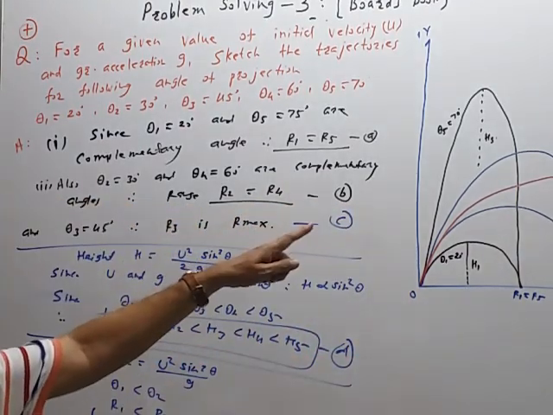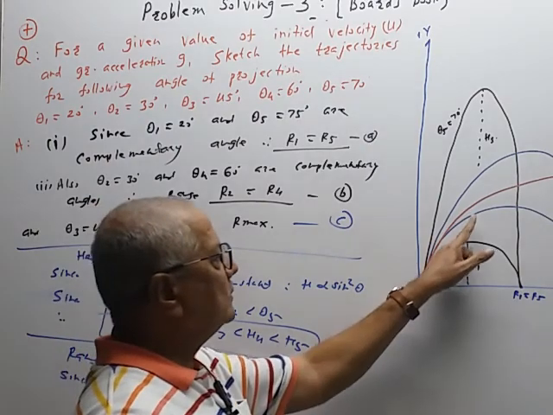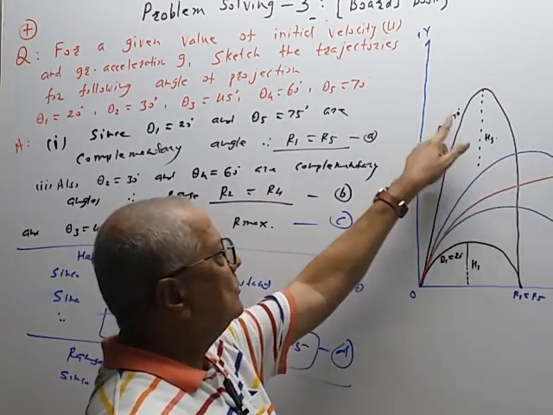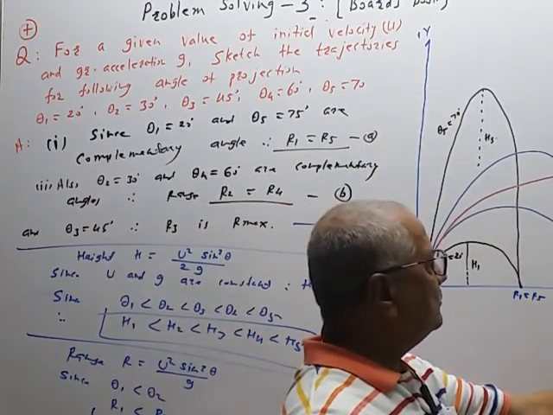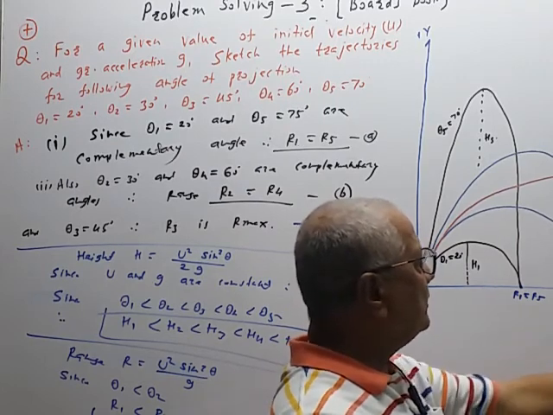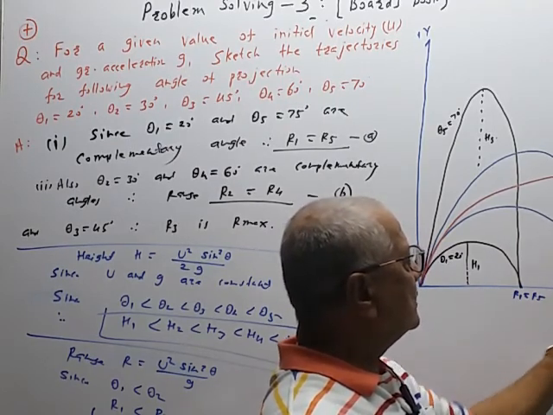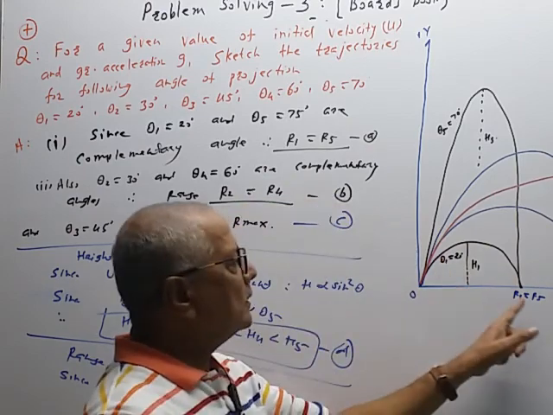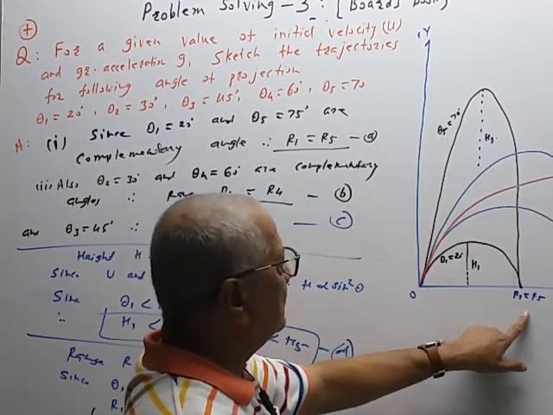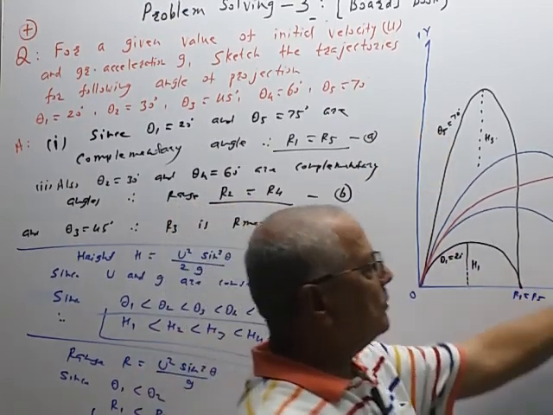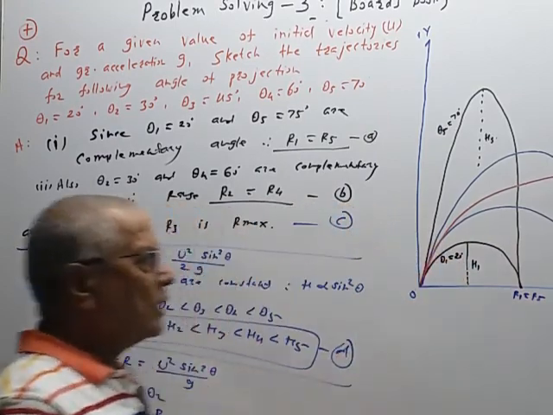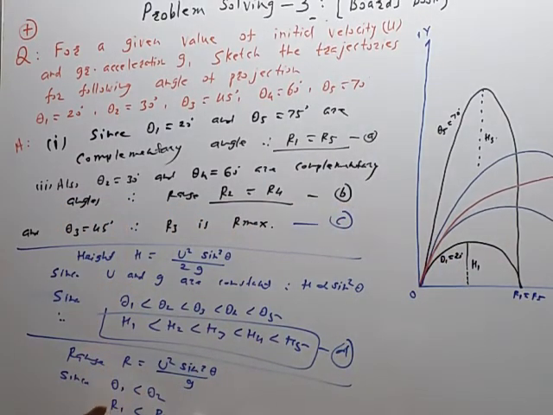So these are the sketches. Theta is equal to 20, 30, 45, 60, 70. Height is increasing. For theta is equal to 45 degree, range is maximum. For 60 degree again range will be less than this. So 30 and 60 complementary angle range is same. 20 and 70 degree range is the same like this. So 20, 70 complementary angle, 30, 60 complementary angle and 45 degree has the maximum range R is equal to R max. So these are the sketches of the trajectory for the different values of angle of projection.